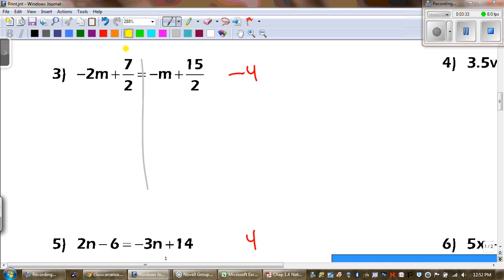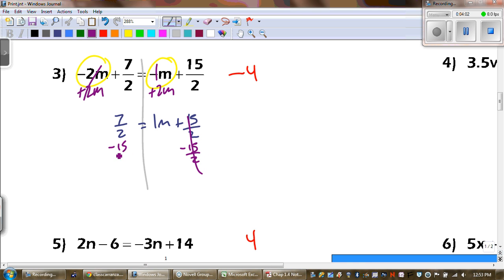All right, number 3. Let's look at our two variables. Which one is smaller? Well, that would be the 2m. So I'm going to add 2m to both sides. Remember, that's negative 1. Those cancel. We're left with 7 over 2 equaling 1m plus 15 over 2. I need to subtract 15 over 2 to both sides. Now, 7 over 2 minus 15 over 2, well, that equals negative 8 over 2, or